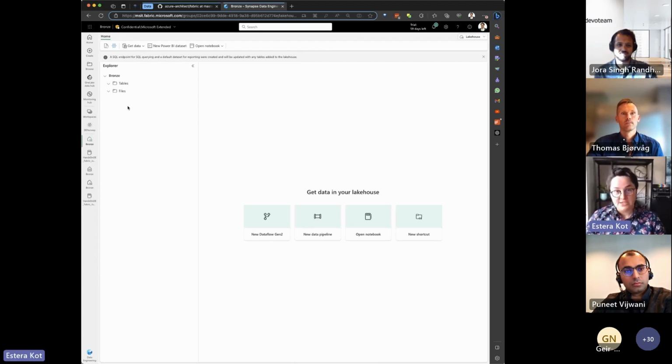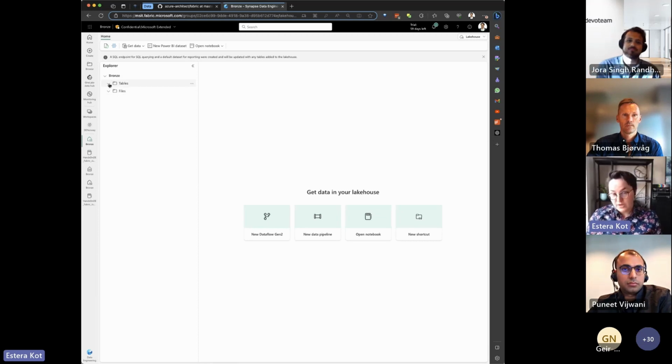We got the full access. Previously, it was the Lakehouse Explorer. Now we have the full version of the Lakehouse and more capabilities, more features here. And what we want to do for the purpose of the demo is to just load the file. So here, there are 2 options. You can load the file to tables and to files.